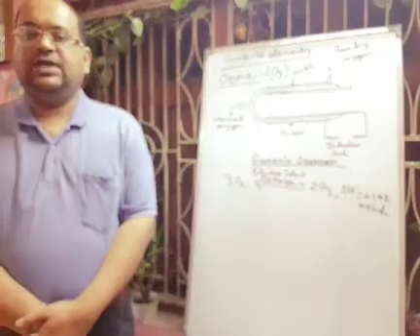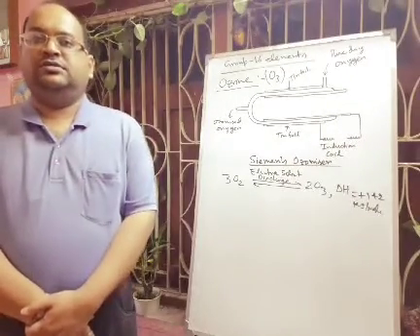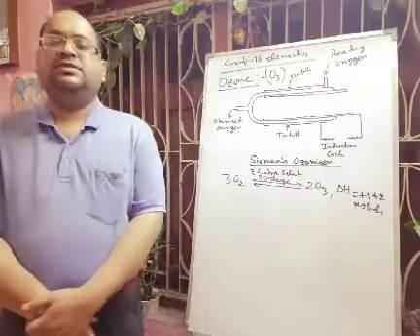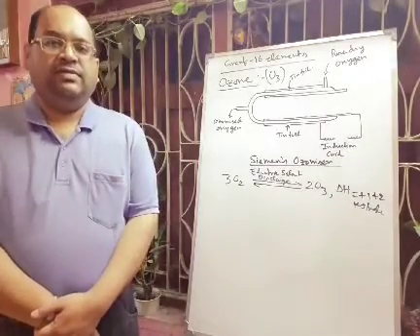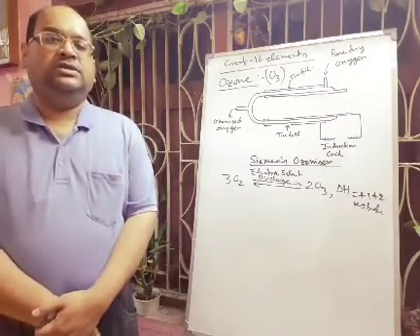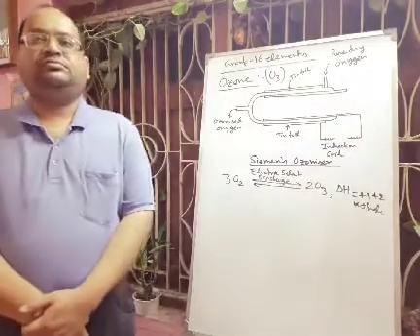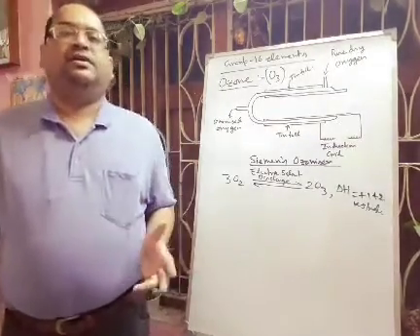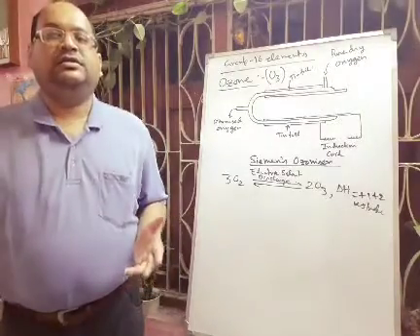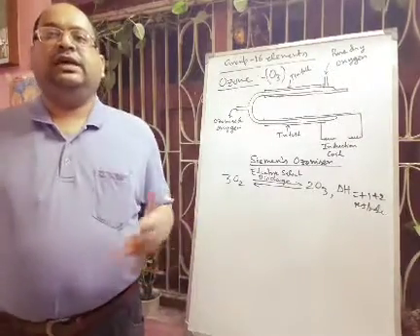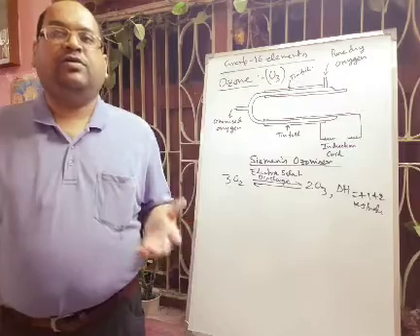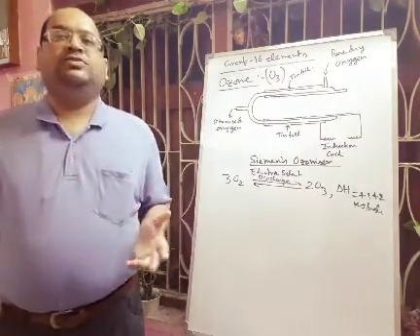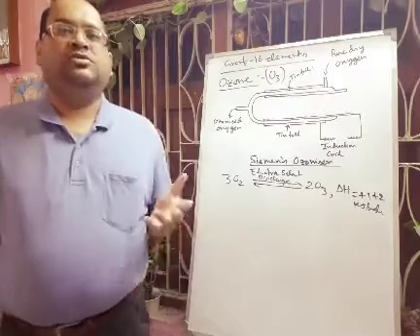Welcome to the chemistry class. We are discussing group 16, that means the oxygen family elements, and today we will start from ozone. Ozone can be conveniently prepared by passing silent, that means sparkless, electric discharge through pure, cold and dry oxygen, and the apparatus used for this purpose is called an ozonizer.